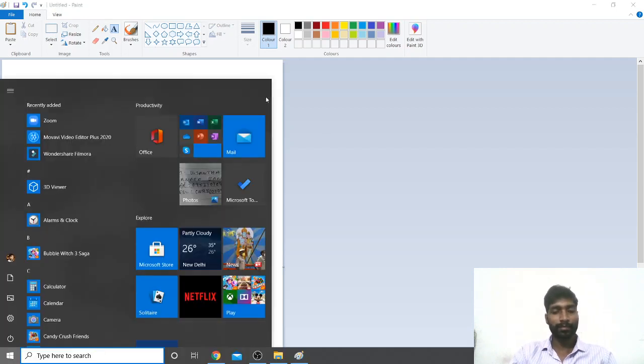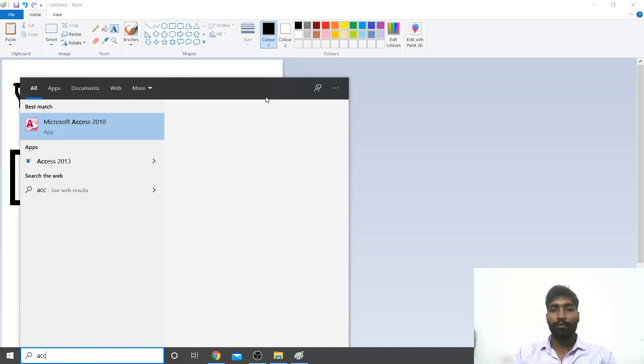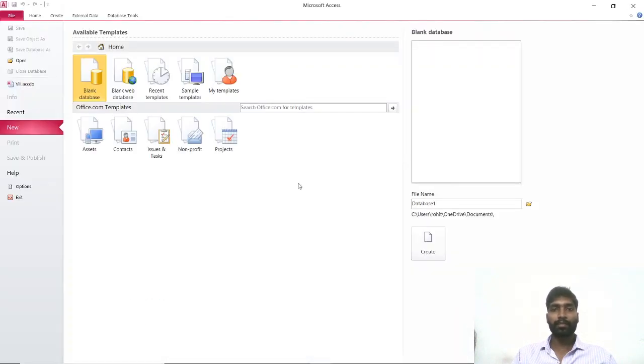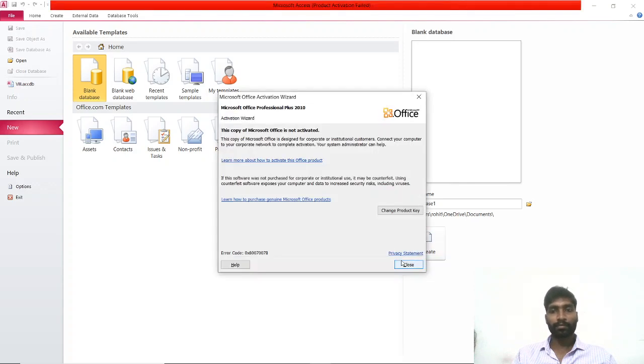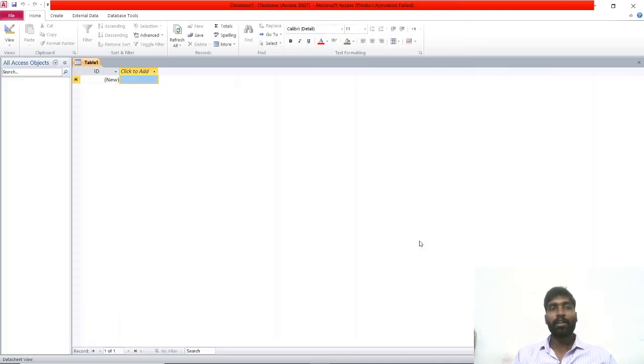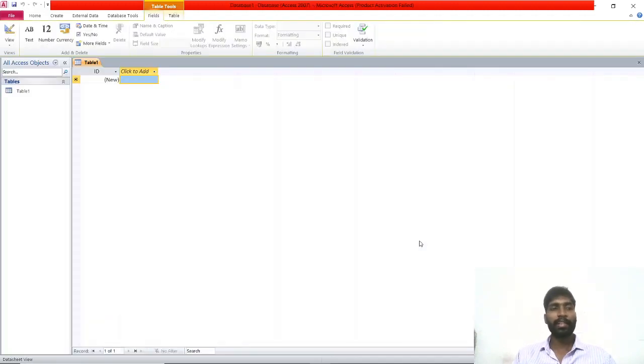We are learning MS Access 10. In the previous class I told how to create a table. When you create a table, we can see on the left side, in the middle of the window, the available tables.